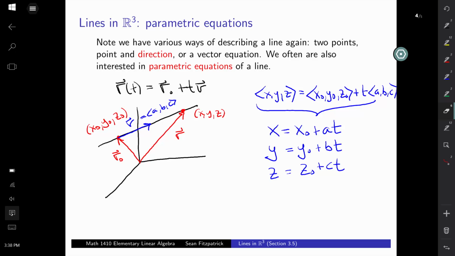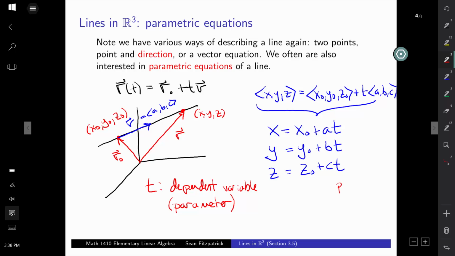This t, by the way, just in terms of some terminology, is sort of our independent variable. T is frequently referred to as a parameter, and then you would refer to these guys here as the parametric equations